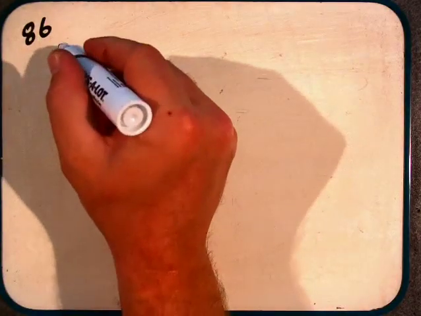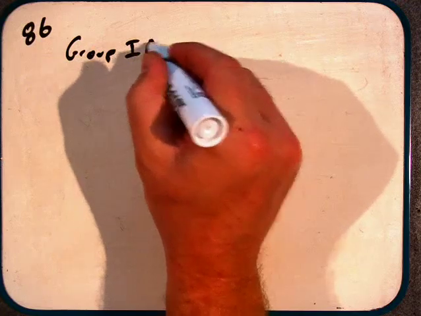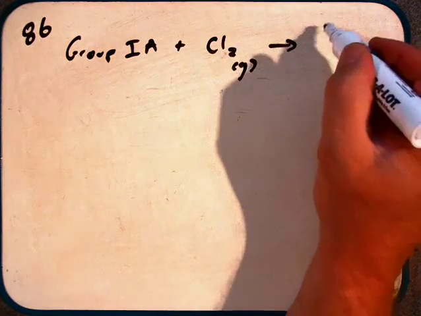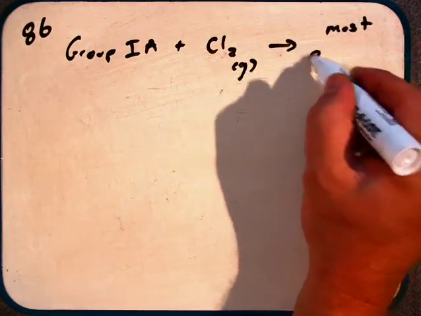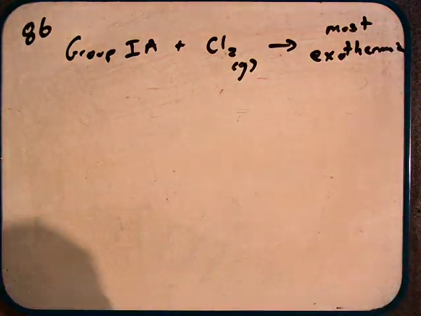It reads, based on the ionization energies of the alkali metals, which alkali metal would you expect to undergo the most exothermic reaction with chlorine gas? Then write a balanced chemical equation for the reaction. So really what it's asking is that we're going to take some type of alkali metal, a group 1A metal, and we're going to react that with chlorine gas, and which one is going to produce the most exothermic reaction,